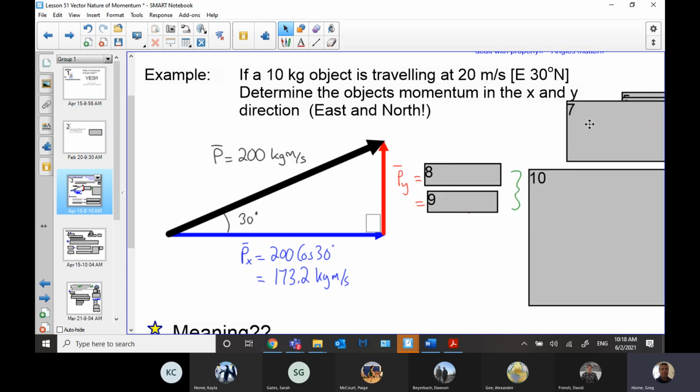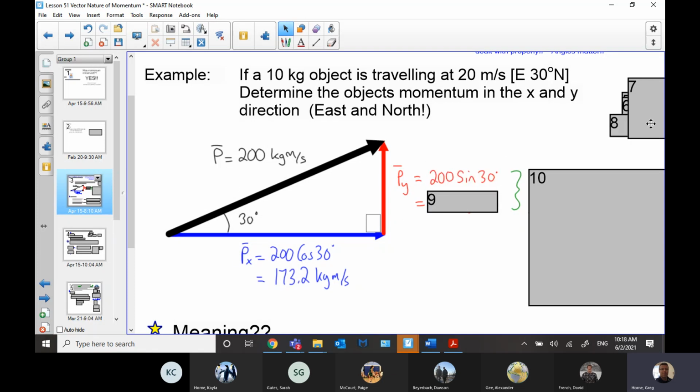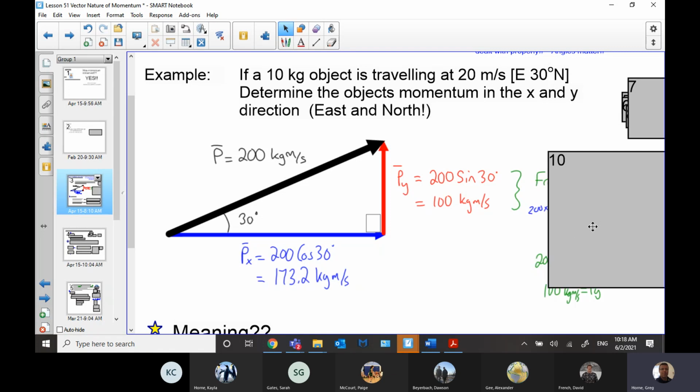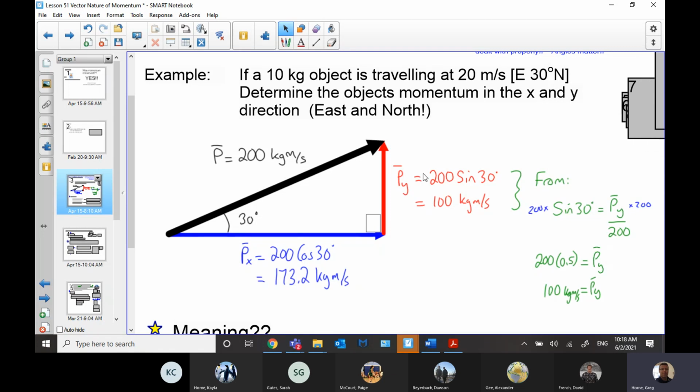We're looking at the y component and we're opposite the 30, so by the same knowledge set, we would say sine of 30 degrees. And so we just get the answer. If you need a refresher as to where that's coming from, you can look at this as a right triangle, where I know the opposite, the adjacent and the hypotenuse, and with these two, I'm working with opposite and hypotenuse.